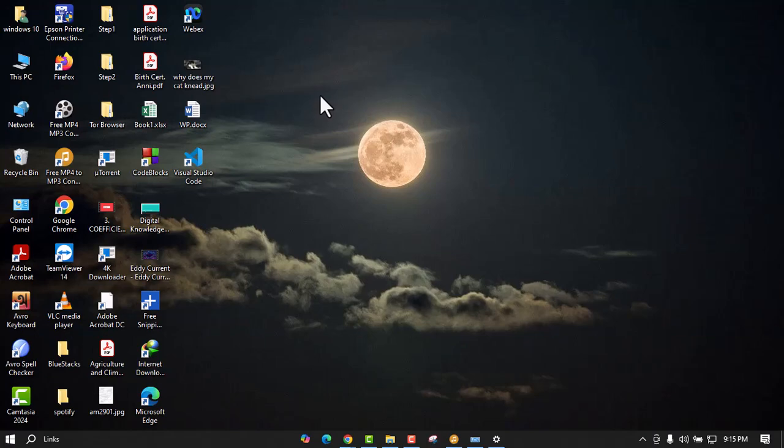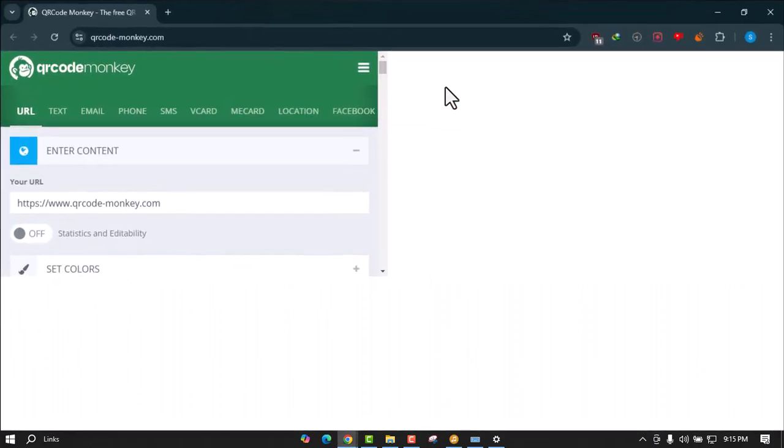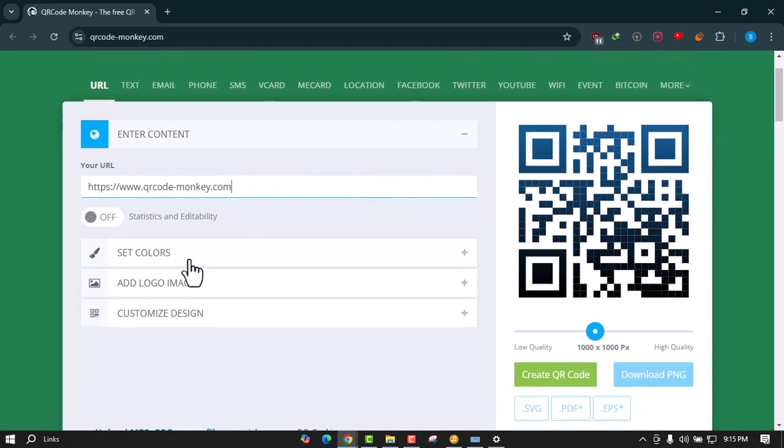In today's video, we are going to show you how to create a QR code for a business card. So there is a certain website for that. Let me show you. You can use this QR code hashmonkey.com. So with this, you just have to enter your content in here, the URL of your business, and then